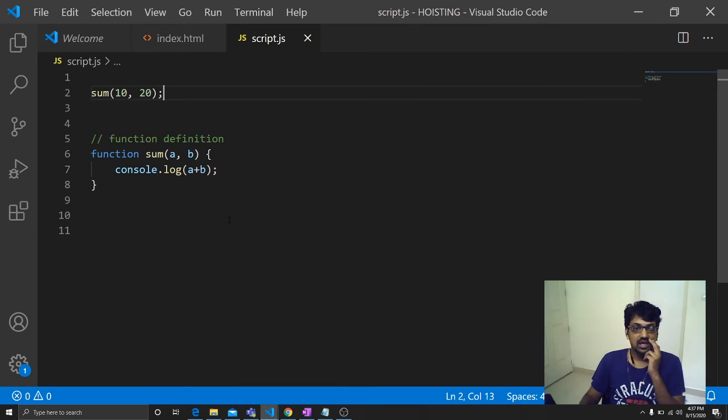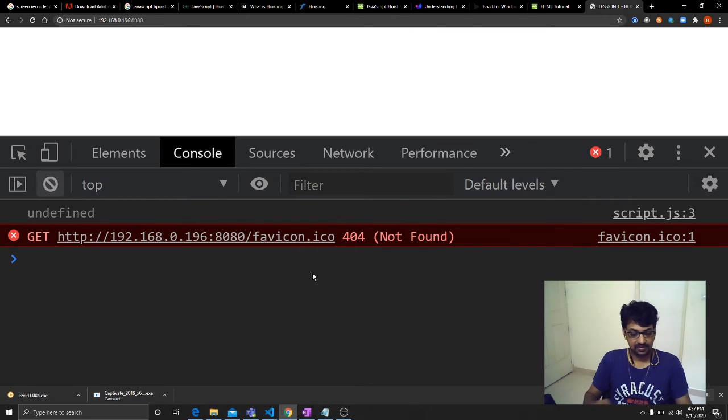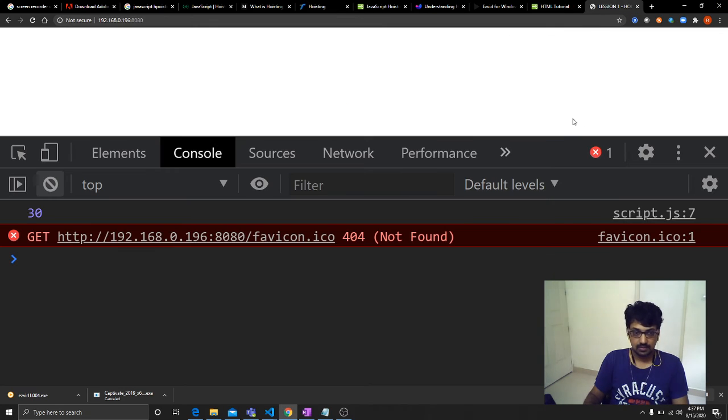Here obviously we have the same scenario as before. This function sum is declared below and it is being used before it is declared. So we'll see what the output is. It is outputting 30.